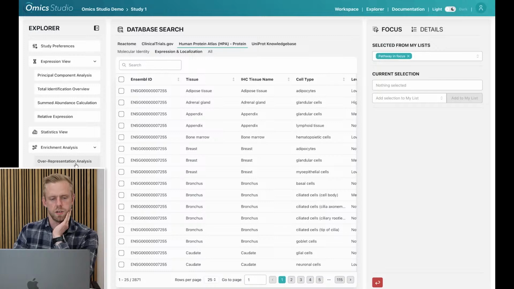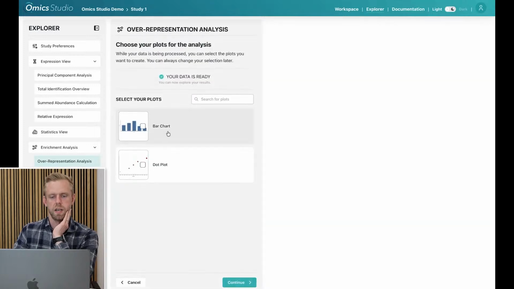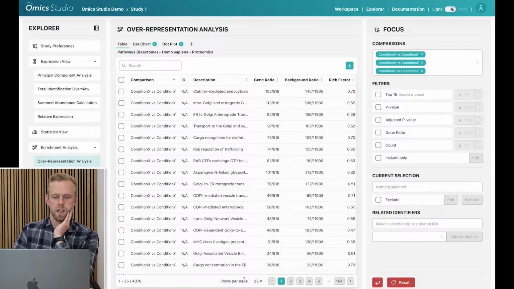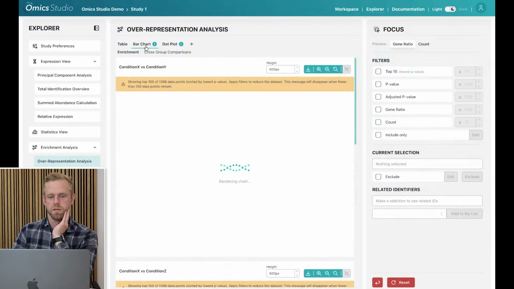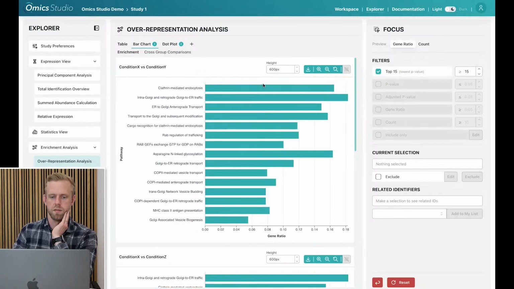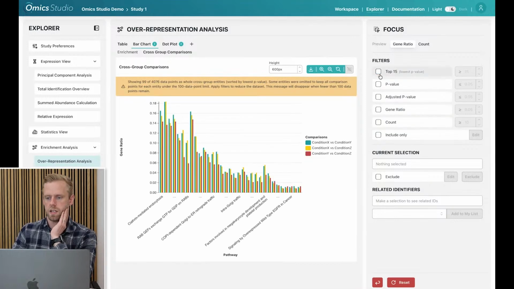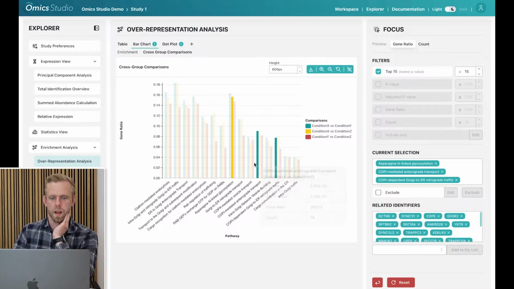Now let's go back to OR, because that should be ready, and it is. Again, we have our matrix with our data, we have our bar charts, same ability as we have with the gene set enrichment analysis, and it just provides us a nice